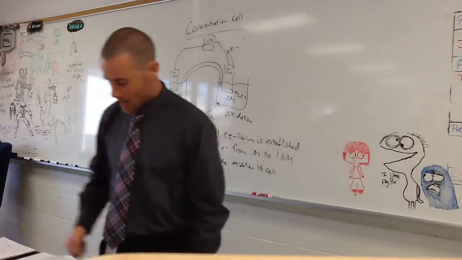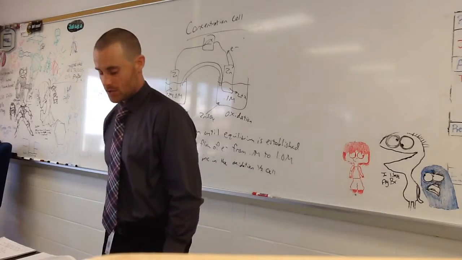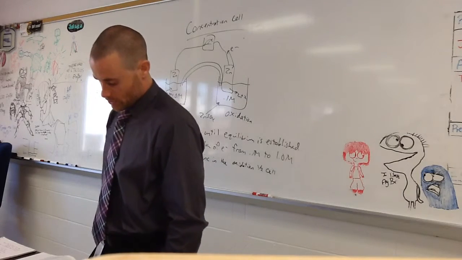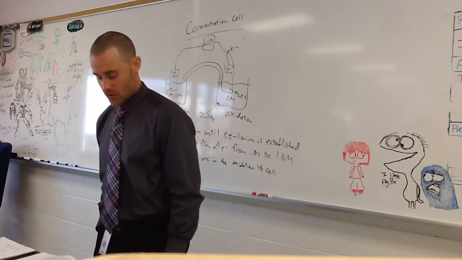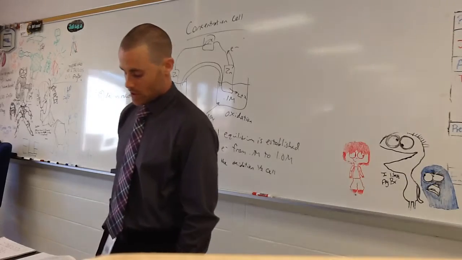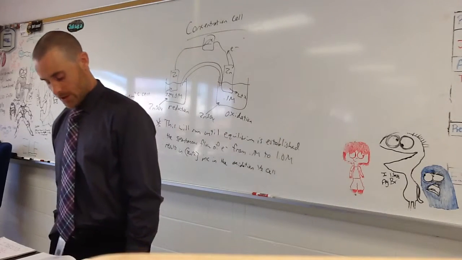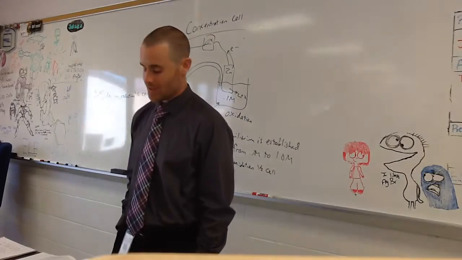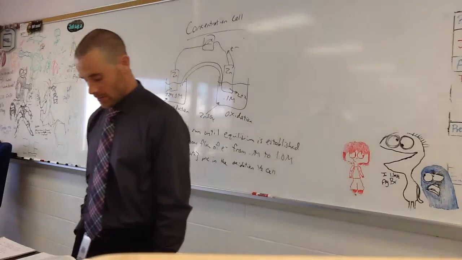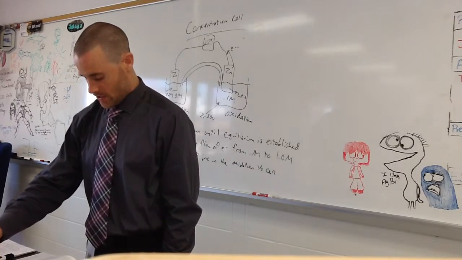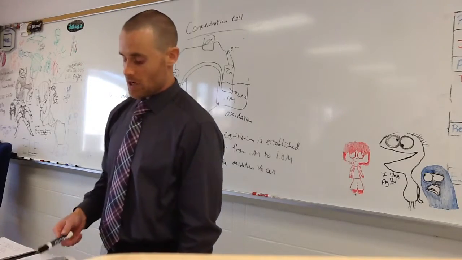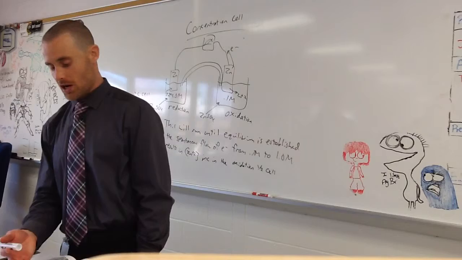Now, if you look down at the bottom, it says a biological cell can be compared to a concentration cell for the purpose of membrane potential. Membrane potential is electrical potential that exists across the membrane of various kinds of cells, including muscle cells and nerve cells. It's responsible for the propagation of nerve impulses and heartbeat. Membrane potential is established whenever there are unequal concentrations of the same type of ion in the interior and exterior of the cell. For example, the concentrations of K+ ions in the interior and exterior of a nerve cell are 400 and 15 respectively. Treating the situation as a concentration cell and applying Nernst's equation, which is what we just had up,